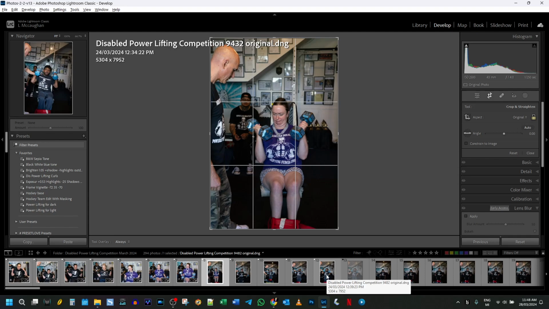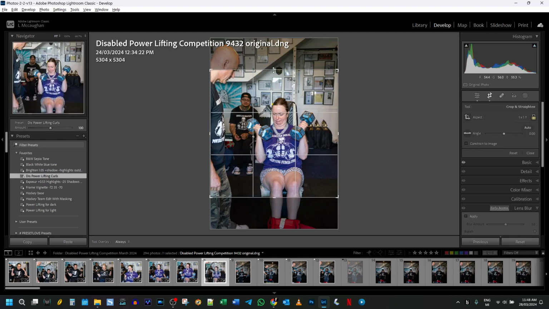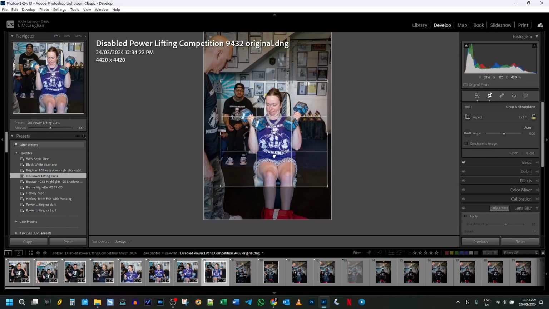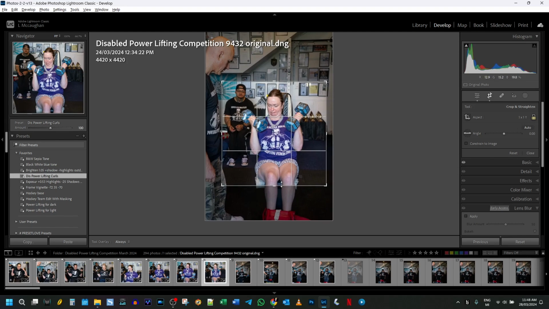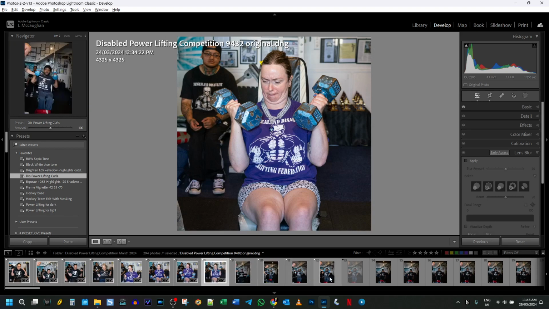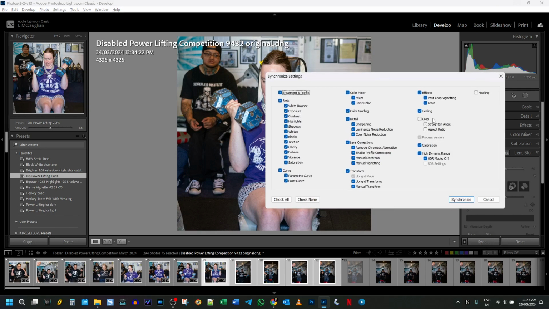Where it's going to become very important, there's a couple, see, that brightened it up. This is where the power of presets can come in very handy, because effectively I'm assigning it a repetitive task. I could also, as an option, just go and select all of this lot and hit sync, and then just in the sync window choose, like it already is,